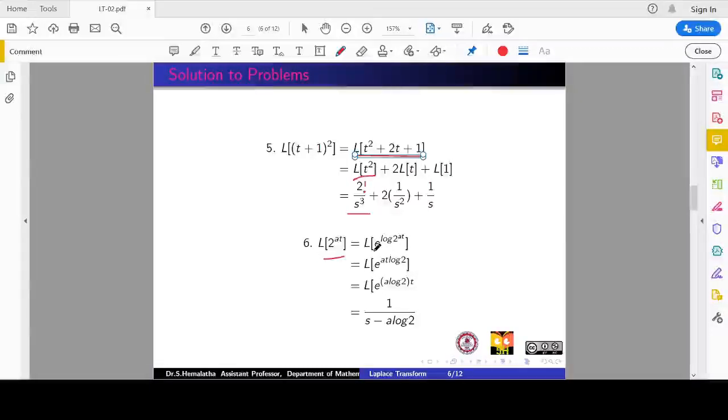We can rewrite this as e to the power log 2 power at. This is nothing but 2 power at. So what happens? Now I apply the power rule of logarithm. This at can be brought to the power part like this, at log 2. Now again this step needs a rewriting because t is the variable. So pull out t, and the constants are a and log 2. So write a log 2 t. So here my e power at format will take my a value as a log 2.